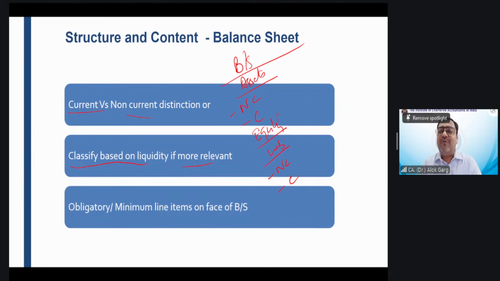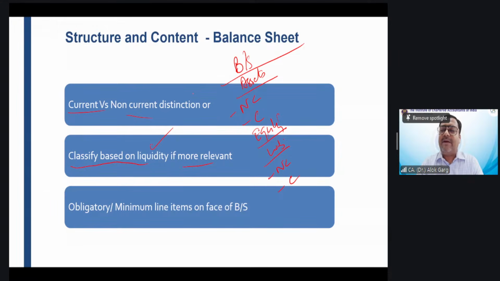The going concern you look at in the foreseeable future. Foreseeable future means 12 months, right? 12 months from which date? 12 months from the reporting date, right? So if it is not on a going concern, it means you are not expecting your business to run for the next 12 months, right? It means there is no point of disclosing it as current and non-current, right? Everything is current. So in that case, you will classify on the basis of liquidity.